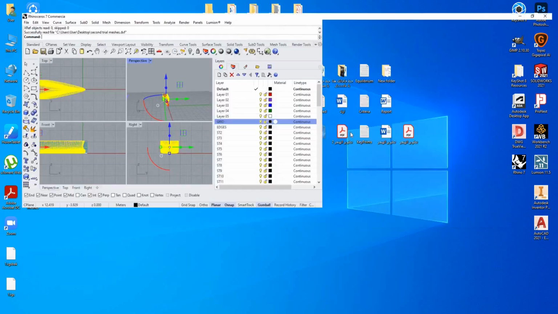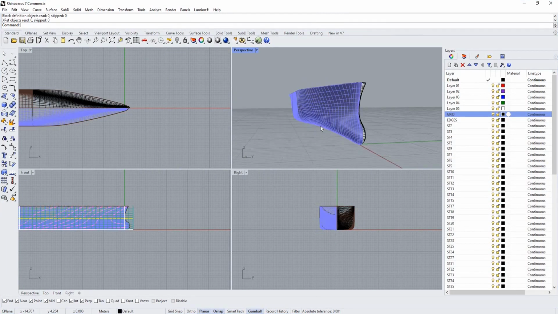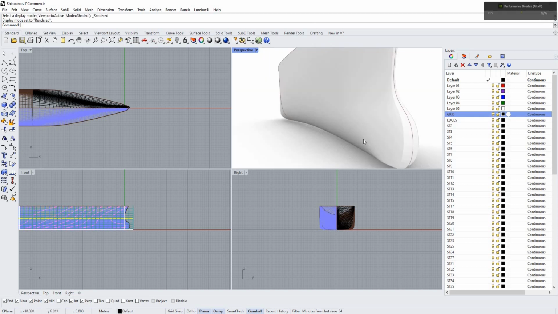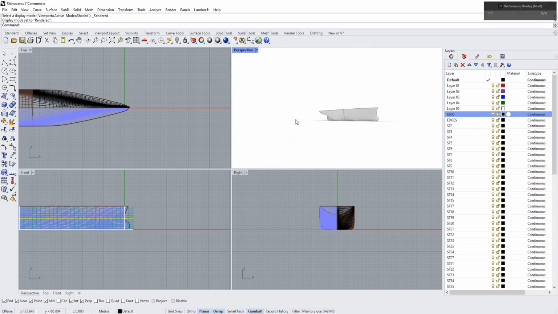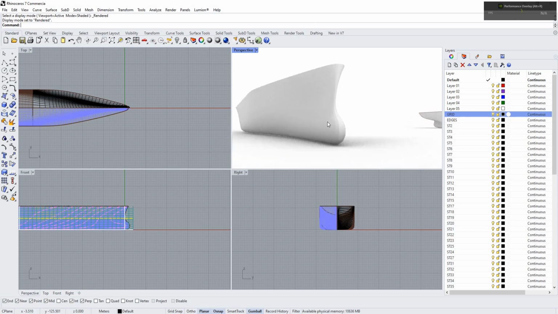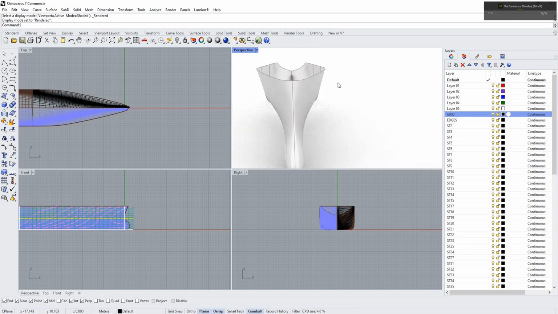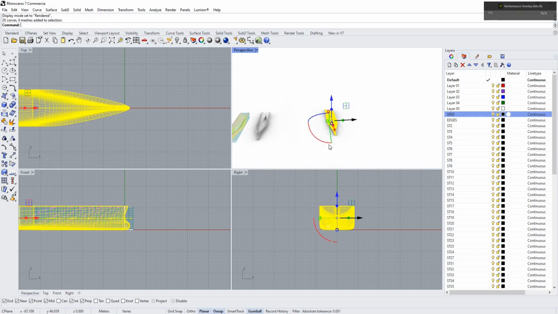Okay, so here is the meshes. I think it's way better if I go to render view. I think it's better from the faces. Well,